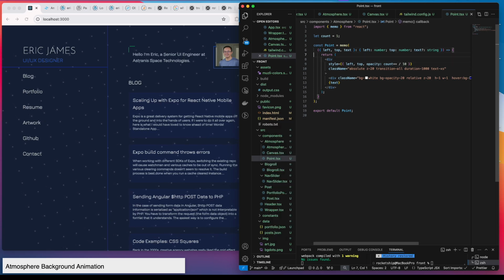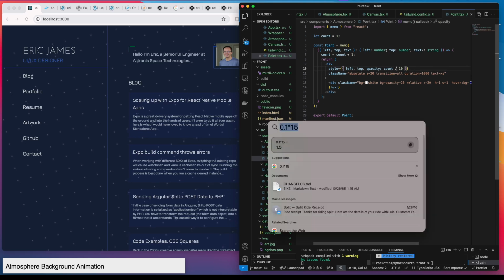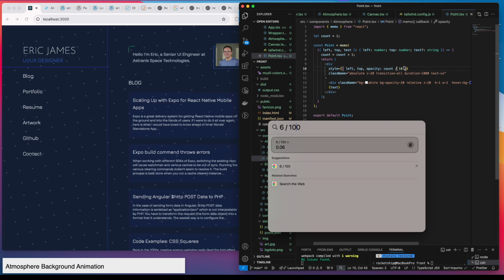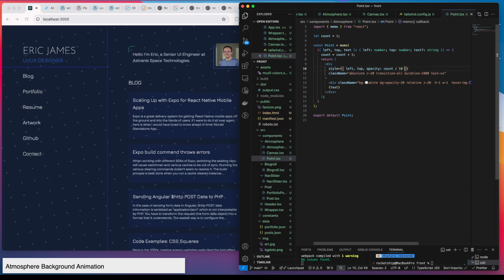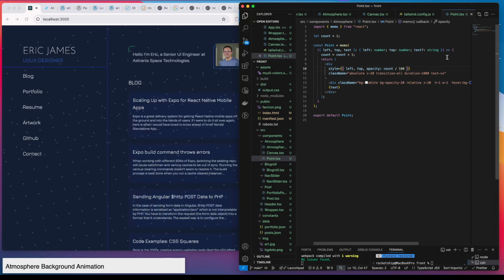For each one, count equals count plus 1. And then opacity is, so if it's like 2 divided by 10, maybe we do 100. Then we'd have to reset probably, right? I was hoping that it would just kind of like,